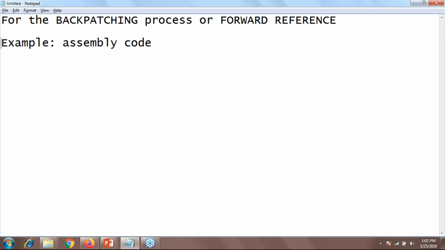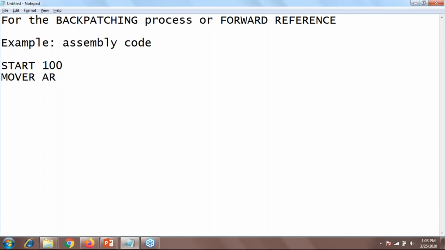Assume you are making some assembly code that starts at 100, the starting address of your code.